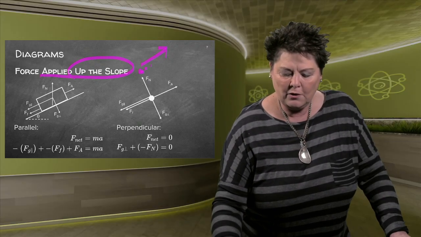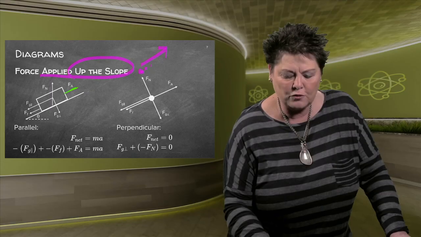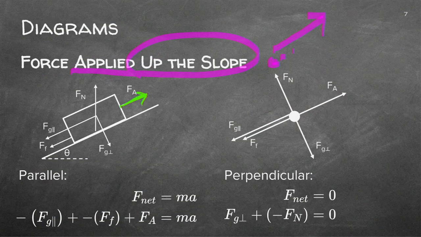So let's continue. We've got an upward applied force. Can you see it's going upward? We always have gravity. So gravity would be here, and I'm doing it in a dotted line because I am taking the gravity into two components. I've got the parallel component and I've got the perpendicular component. So I don't have all three of them. The gravity, I actually put in the dimension of the perpendicular and the parallel.